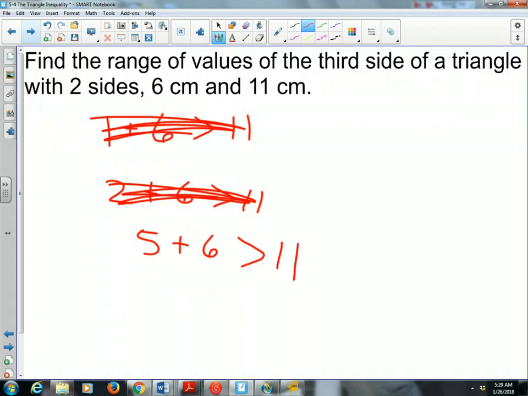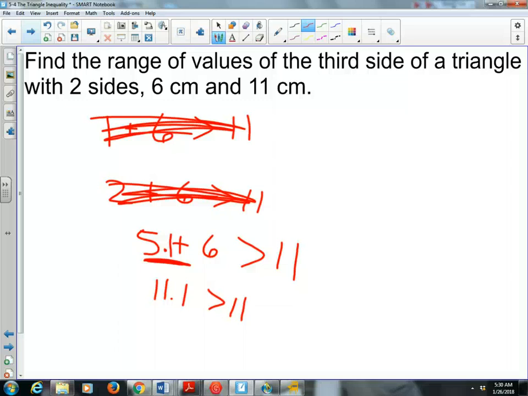But what if my answer was 5.1? What if my third side was 5.1 centimeters? Now, 11.1 is greater than 11. So just bigger than 5 is the third side of my triangle. So I could have a third side be 5.5, 5.9. I could have it be 6, 7, 8, 9. I could have all of these different side lengths and still make a triangle, but it at least has to be